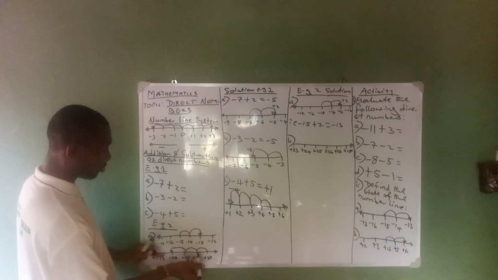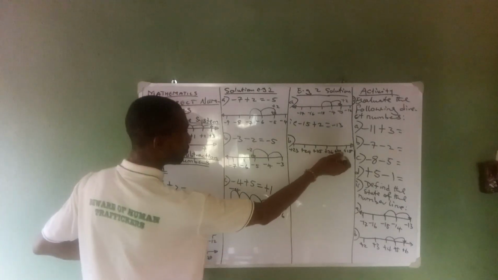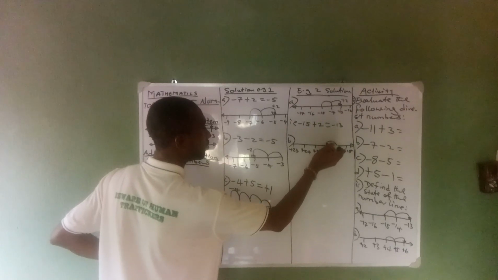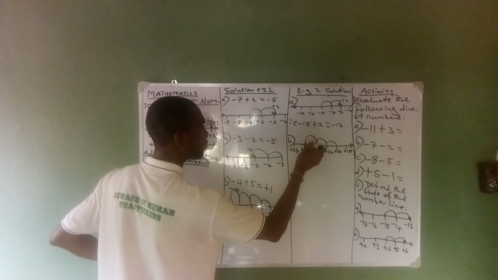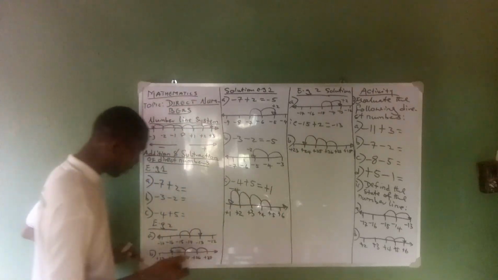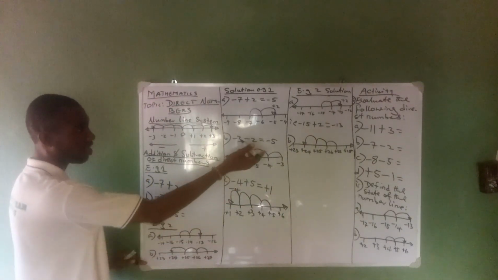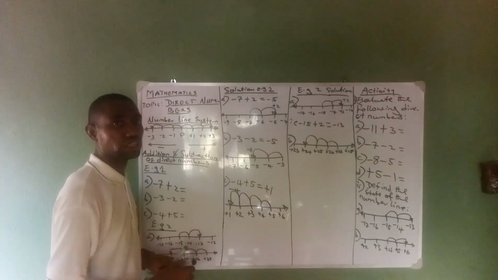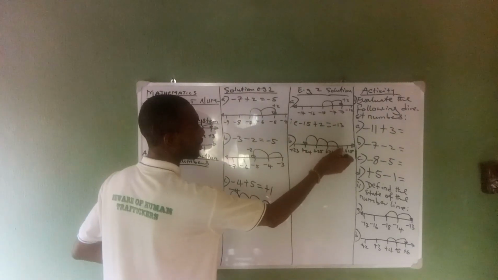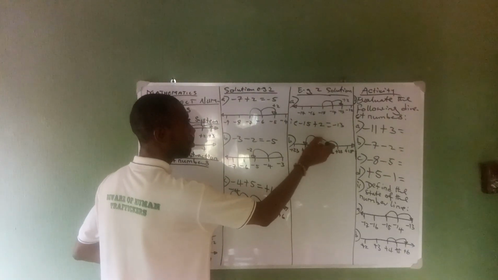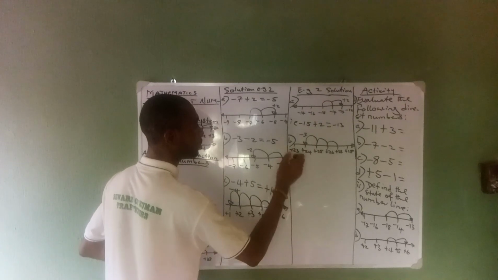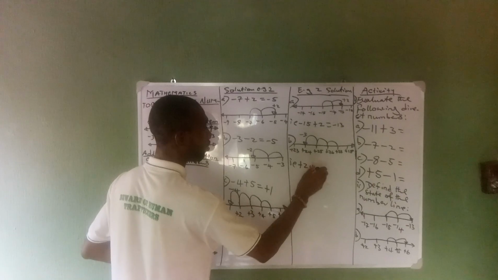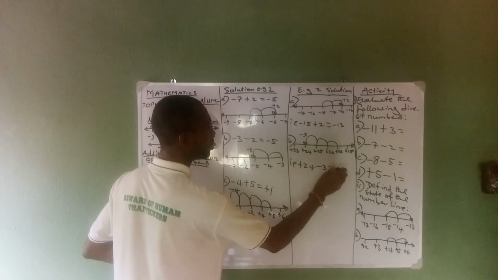Then the arrow tends to move from 27 to 24. So we'll have 27 to 24. This is the state of the B. So now, how do we define the state of this B? Remember that when the arrow moves backward, it is what? It is negative. So we'll have here as minus 1, minus 2, minus 3. So this is minus 3. So the state becomes, i.e., this is plus 24 minus 3, which gives us